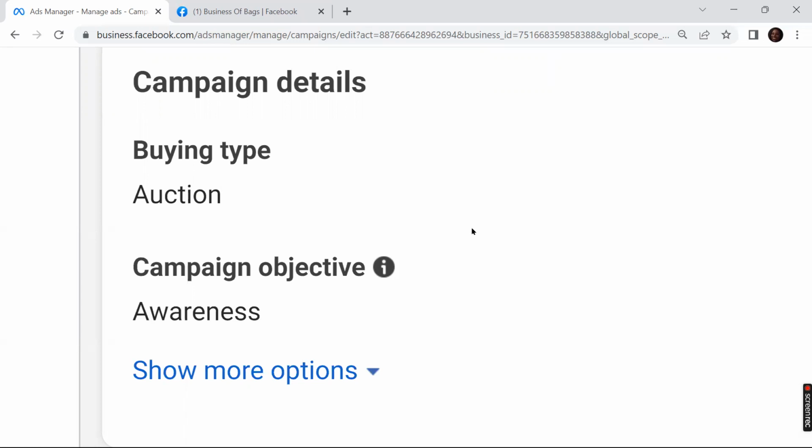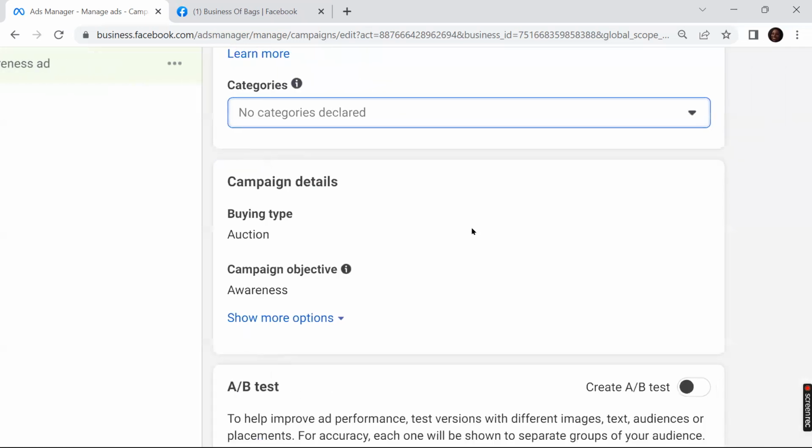So this buying type means, okay, how do you want to buy these people? Do you want to set a particular price that, okay, I'm going to pay 15 naira for each person. That's like the highest amount I can pay to acquire the attention of a person on Facebook. So which means that anybody that will cost me more than 15 naira to reach, I don't want you to reach the person. So that's the buying type. But in the auction case, which we used to leave it as,